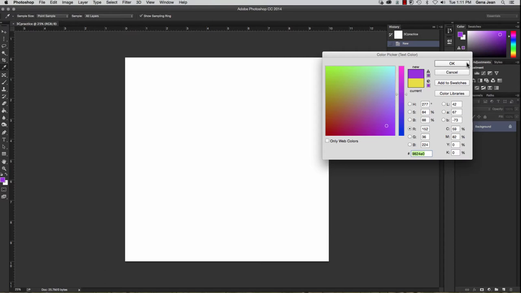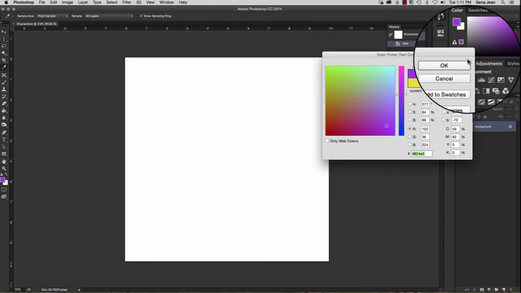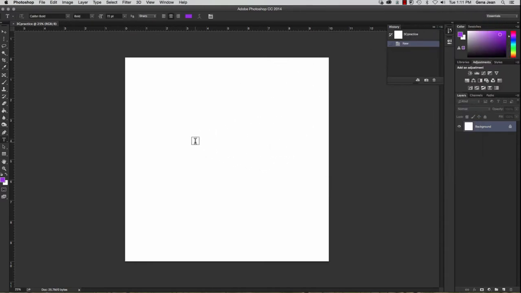You can select the font of your choice. It needs to be size 72, and select the color of your choice as well. Once you've done that, select OK, and click anywhere in your document, and we are going to type a saying. And the saying that we're going to create, this mini quote poster, is going to be